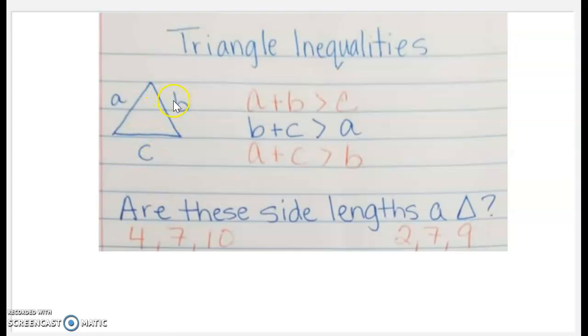Then if I move around, B plus C, these two sides, have to be greater than side A. And if I move around, side A and side C added together have to be bigger than side B. So how do we apply this? Okay, well, we have,